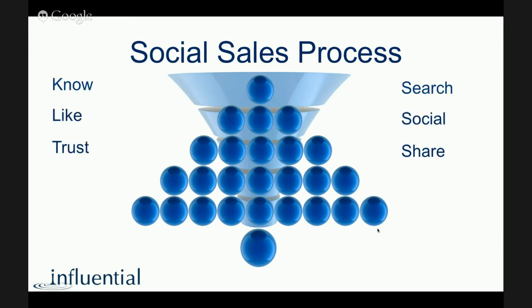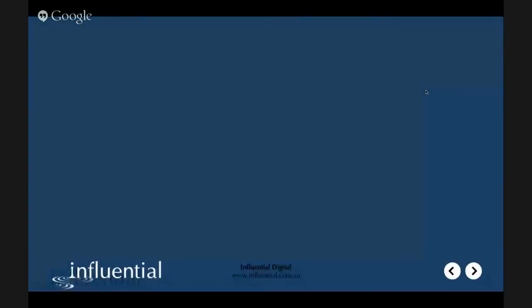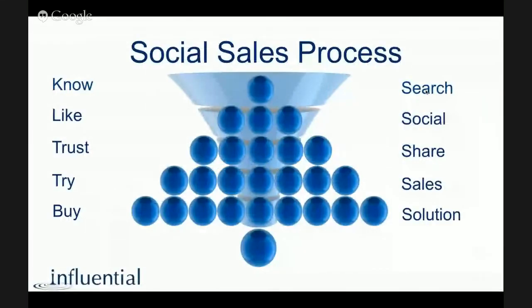And I'm just putting in here the sort of different context that these steps occur in. So know, like, trust, try, and buy. Generally, this is going to occur when the client's searching for answers. But what we're going to do in our Facebook marketing is, instead of relying on organic search or referrals from other sites or partners, we're going to instead drive this process with socially sourced leads.